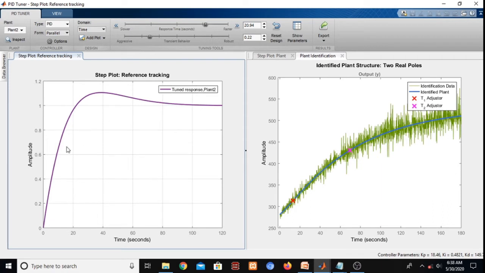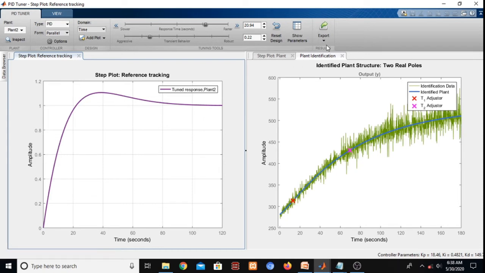So within 20 seconds, our system should respond to any step input, but the settling time is allowed. We have got around 100 seconds settling time. So we can design such a system. Let us fix this as a final choice for our PID compensator.